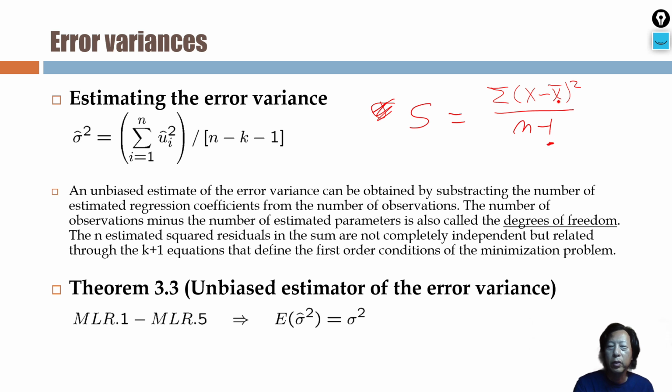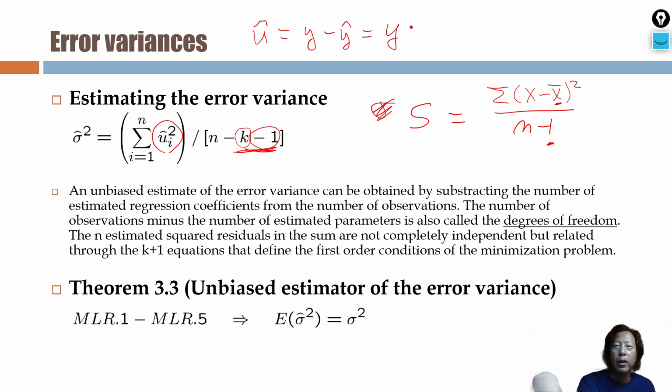Here the 1 was because I estimated one variable. But here, why is it n minus k minus 1? Because we use k plus 1 parameters to calculate this u hat. U hat is y minus y hat,